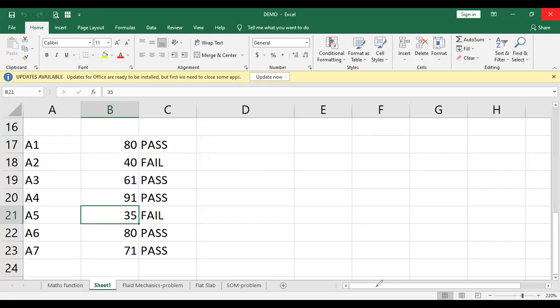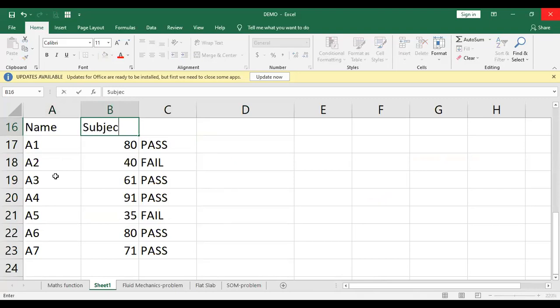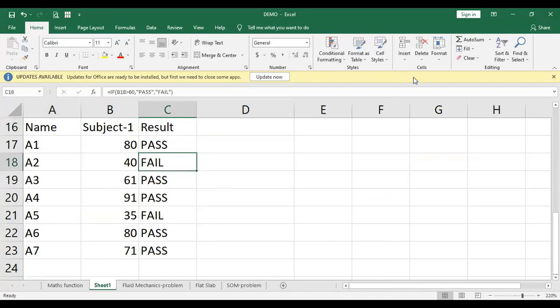So this was the last time when we have seen and used the IF statement. Now suppose this is the first one. These are the name. I can just type your name, and this is subject one. You can type your subject one, and then this is the result. So sometimes what we usually do, this is the name, subject one, and result.